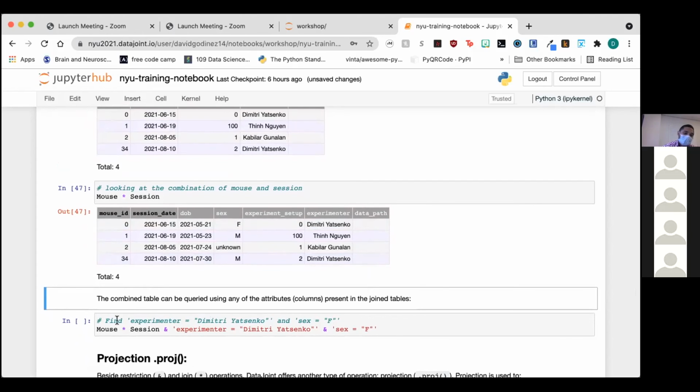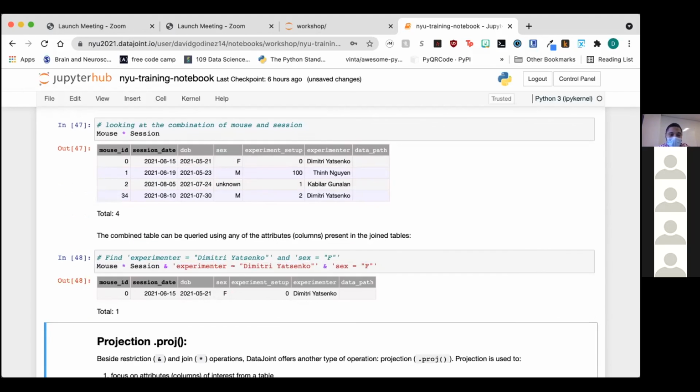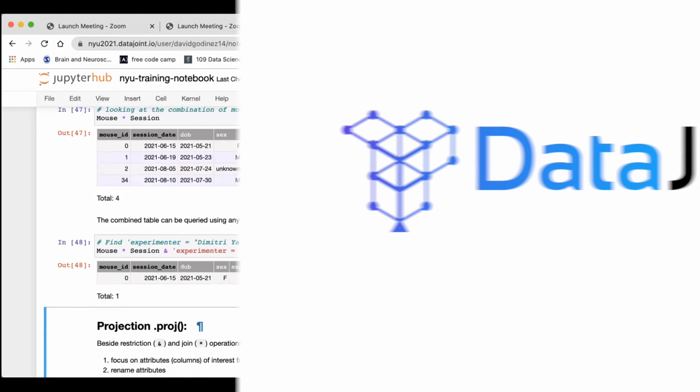So let's say, for example, we wanted to find all the female rats that Dimitri worked on. So you can see here that we're combining the queries. So we're joining mouse and session, and we're restricting by an experimenter of Dimitri, and we only want female rats. Excellent. So using that criteria,